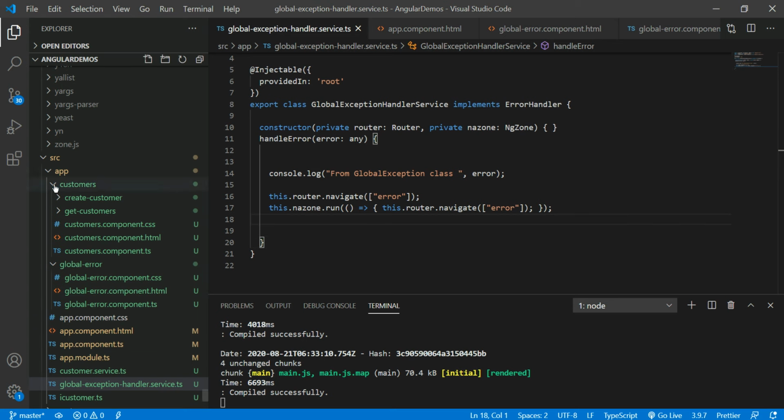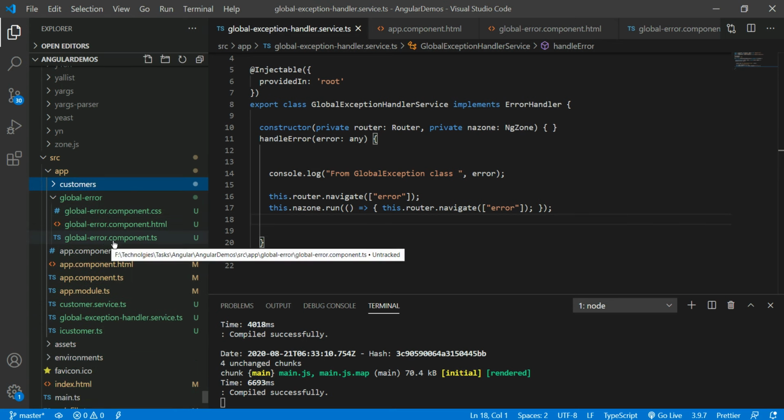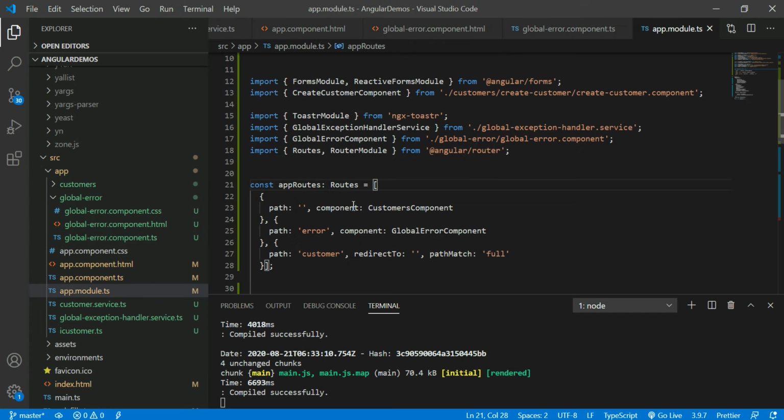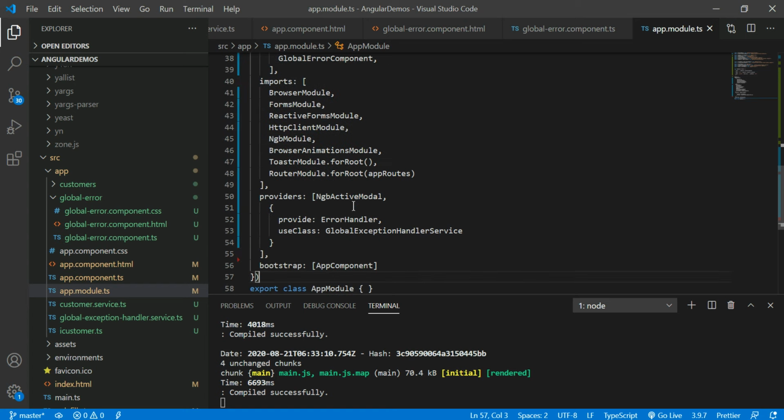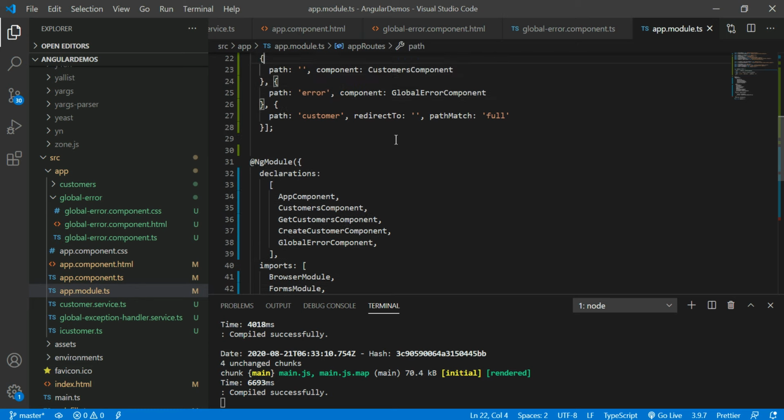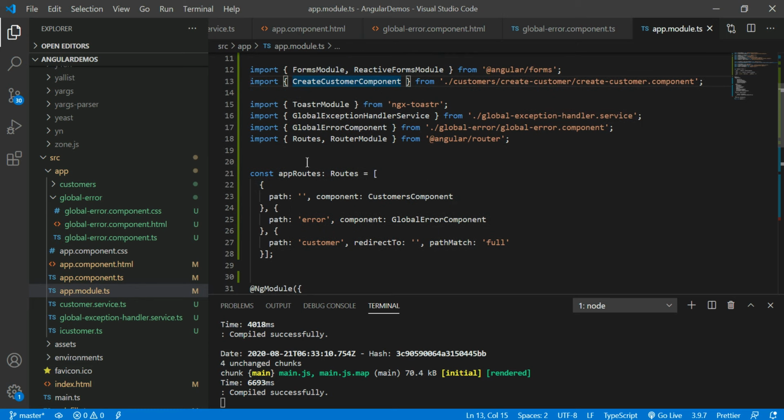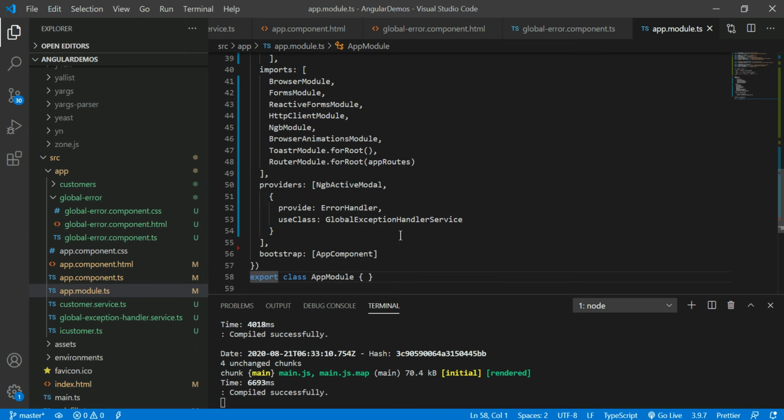Moreover, we have to remember that whenever you are handling global errors, make sure that you register it under the provide section, the providers section. After that, since I am showing the message in a different screen, that's the reason I am using the routes here. Once you declare the routes, you need to spread the routes to the entire component, so that's the reason you have to write this statement.